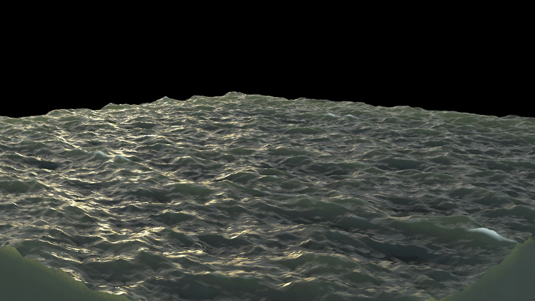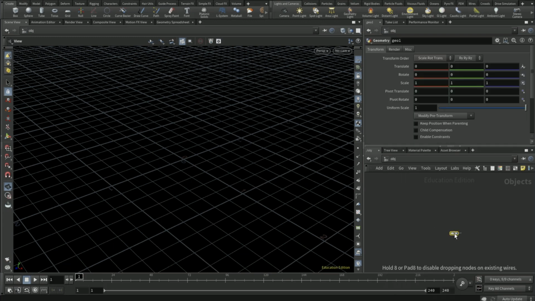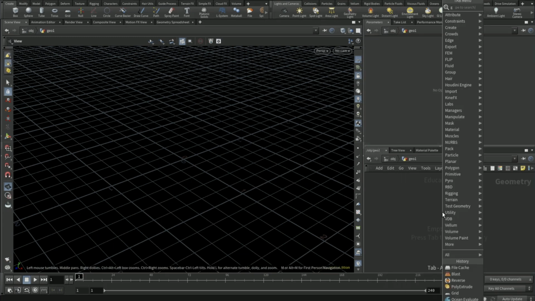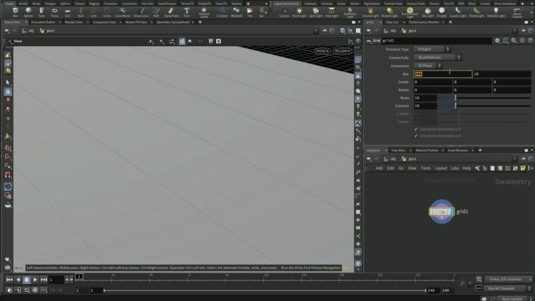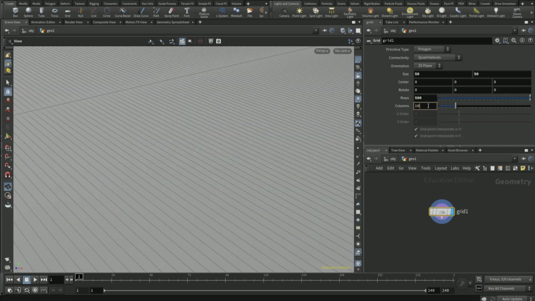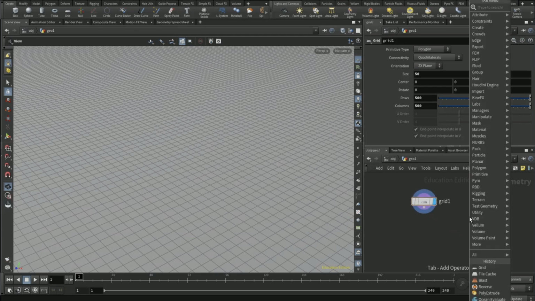Welcome to this tutorial. Today we're going to be making this ocean water in Mantra tutorial. So what you're going to start off by doing is dropping a geo node down, diving into that, dropping down a grid node, bringing that up, size 50, sorry, size 50, rows and columns 500, 500. Drop an ocean spectrum node down